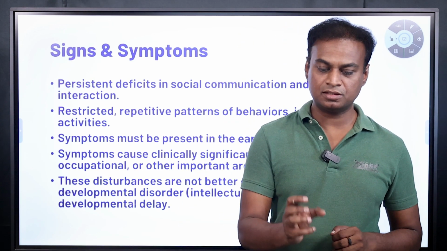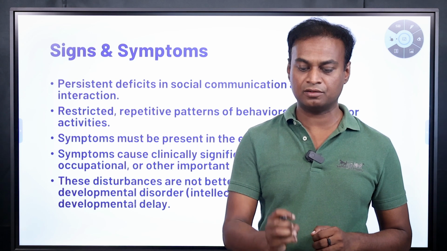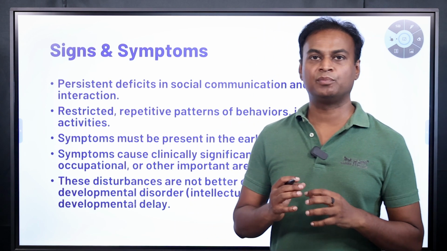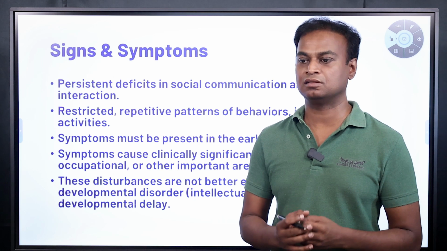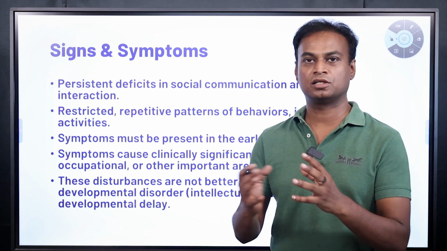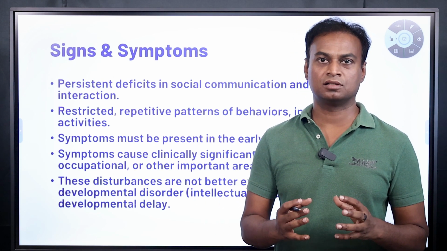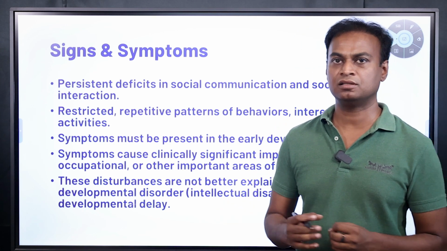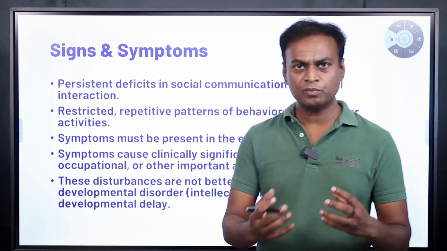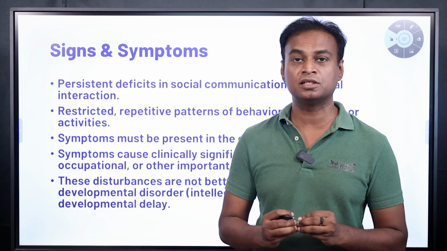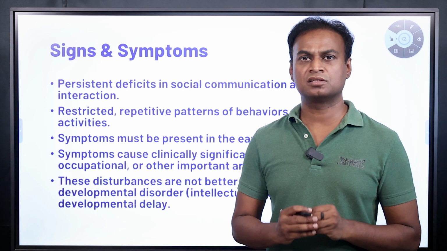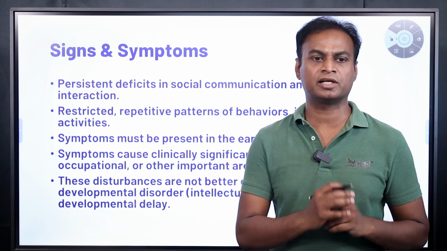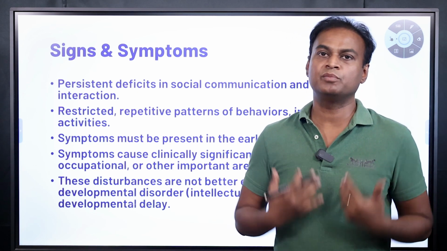Next one is difficulties in sharing imaginative play or making friends. Normally you see kids play imaginary games, right? They think that there is a ghost, or there is a doctor in their family, or they play thief and police games. A lot of games are there. These are imaginative games. Normally kids play these, but autistic kids have difficulty with this. For example, if some kid comes and says, you behave like a doctor, they will not understand it. How can I behave like a doctor?